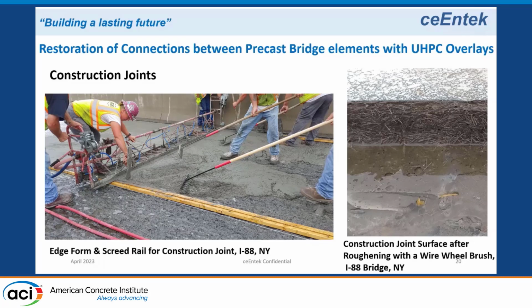So we had an edge form, and we had to pour up against the previous layer. I wanted to show here on the right, after we stripped the form, the material was between 8 and 10,000 psi compressive strength. So we cast it the day before, we came in the next morning, and it was between 8 and 10,000. We stripped off the edge form and went along the edge. Basically, it's a wire brush on an electric drill, just a small hand drill, run along the edge of the slab